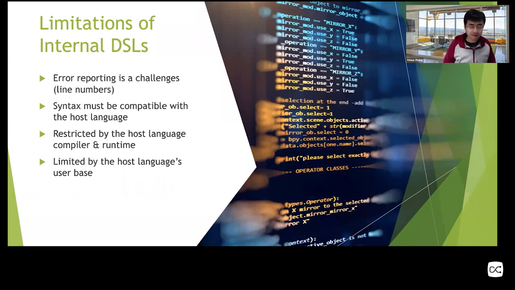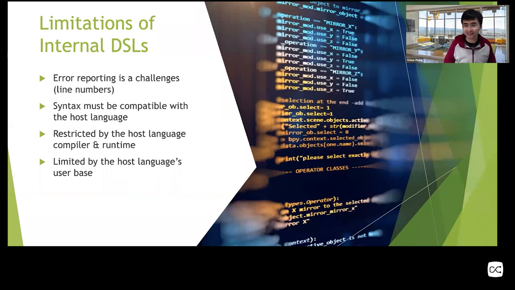And the third one is that it's also restricted by the host language compiler and runtime. You have to use the runtime, but there's a way to work around that, like just generating code in another language. It's doable, but usually internal DSLs are interpreters. They are more like interpreters instead of compilers. And it's limited by the host language's user base.